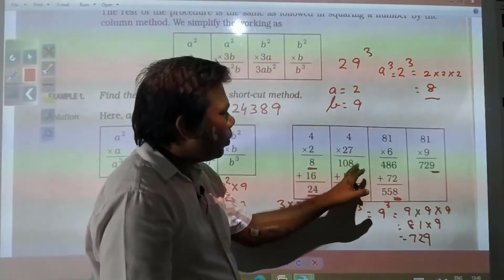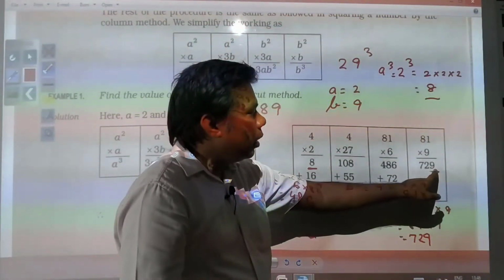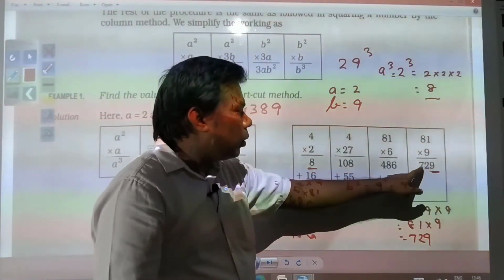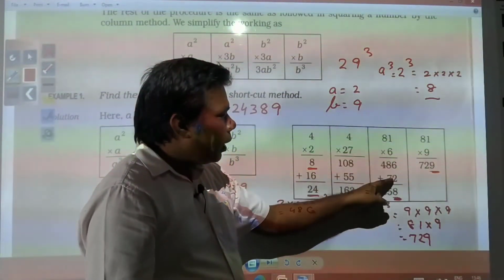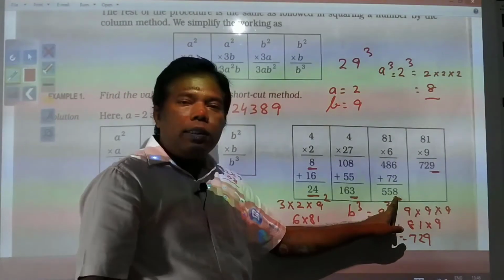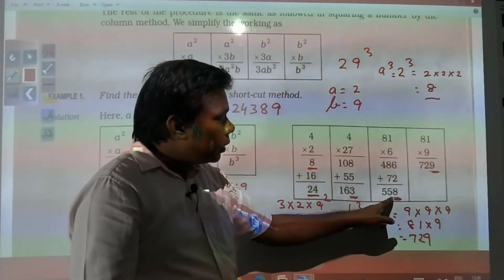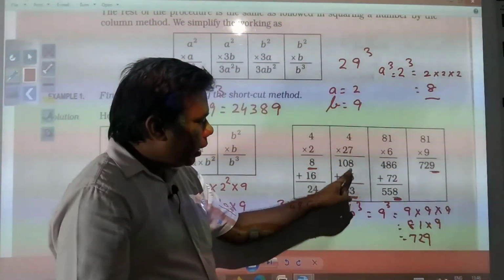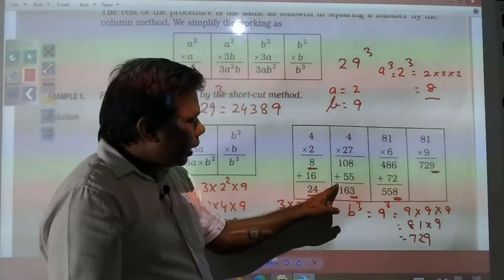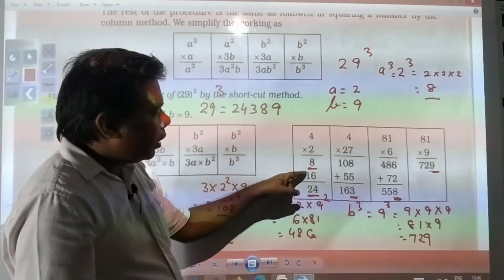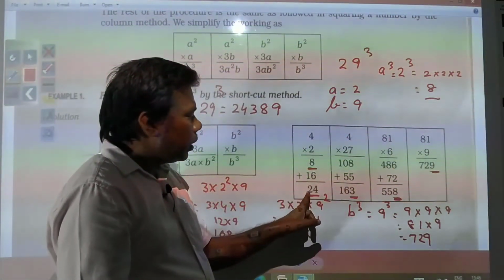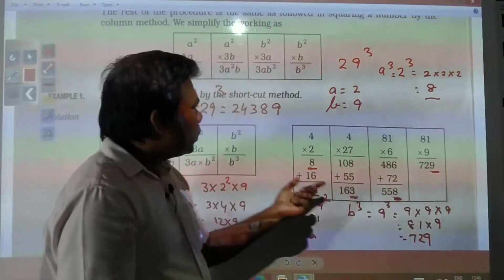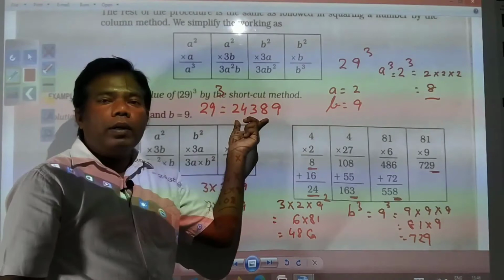And after getting the product, here we need to start. The ones digit is required to be underlined, the rest of the digits are required to be carried forward here and added, and again the ones digit is underlined, the rest carried forward and added, again the ones digit is underlined, the rest of the digits are added over here, and finally whatever digit you get should be underlined, and all those underlined digits will be your required number.